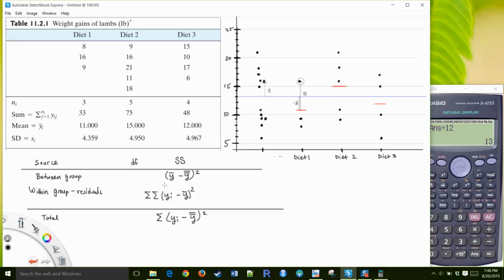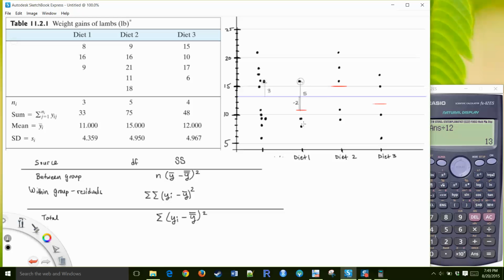Is that okay? I'm confused about why there isn't y bar, there's only one in each group, right? Yes. I'm lost, sorry. Oh, okay. So why am I multiplying by n here? Yeah. Okay. So for diet 1, I have three